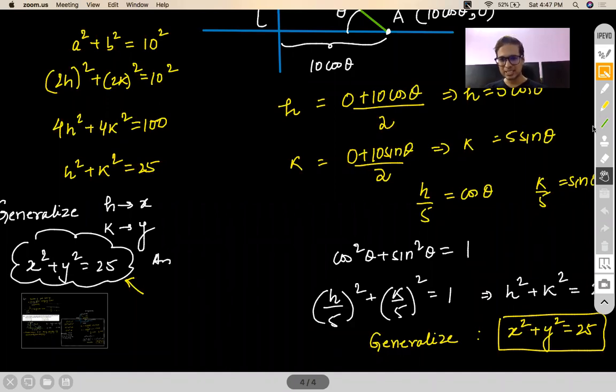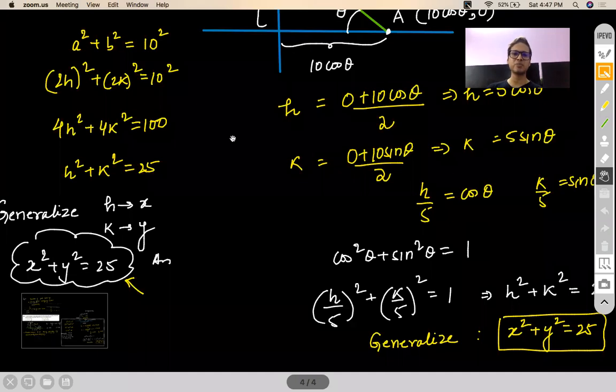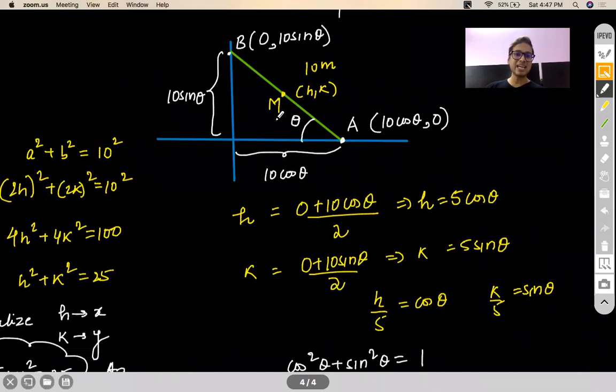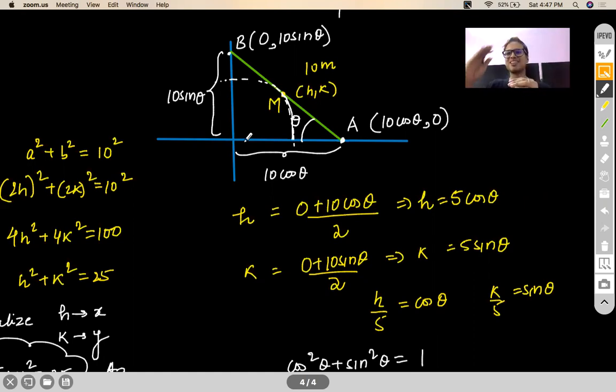Now let me take questions. Yes, Himanshu, M will move as a part of a circle. Himanshu has brought a very good point. Thank you, Himanshu, for bringing that up. Please note that it would not be a complete circle, my dear. It would be a part of a circle. If you really see this, it will be a circle like this, just tracing a part of the circle. Locus doesn't mean a full circle will be traced. It cannot trace a full circle because there is a restriction offered by the floor and the wall, right? So it will be a part of a circle.